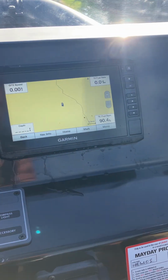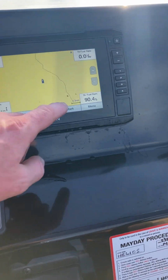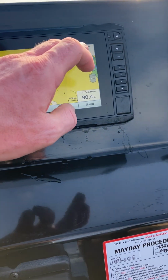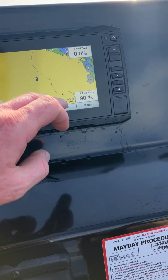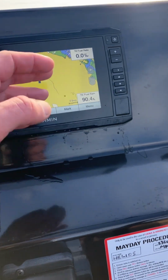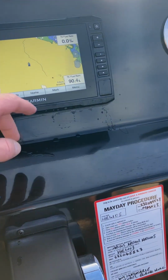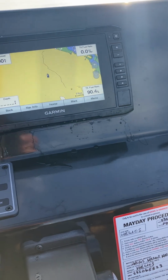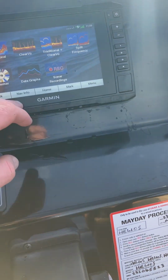There's sonar, there's navigation. You can set all the different wee parameters to be displayed on your chart differently. So what I have displayed on mine is your speed in knots, your fuel rate per litre, which is handy to know, your total fuel burn. You could have on it there, total fuel remaining, which is obviously something that you want to know. It's a 140 litre fuel tank. Every time you fill the fuel tank up or you add fuel in, you just hit a button to calibrate it on the chart, and that'll just keep you right, and it'll give you warnings and stuff if your fuel gets low. You've got your sonar,